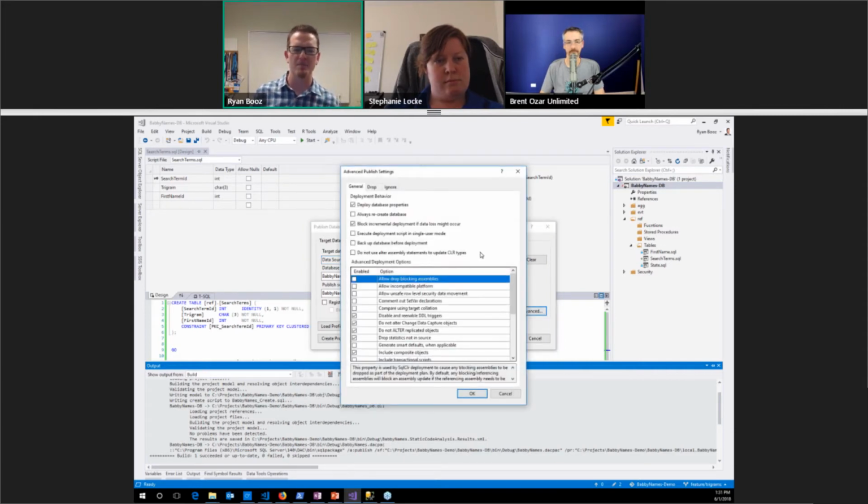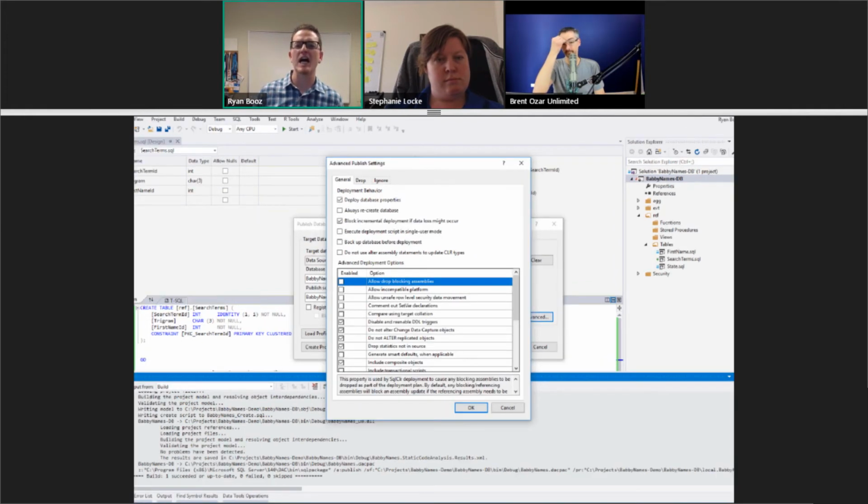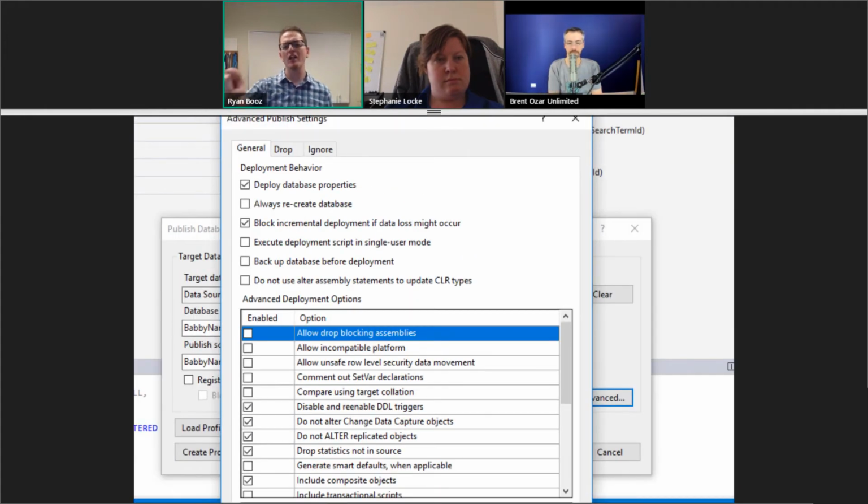Now, because of time, there are probably 150 settings in here. There's a lot of settings in here. Every one of these checkboxes, you can actually pass in as a parameter to the SQL package. So you could literally string along 150 plus arguments to SQL package if you want. So that's what this is doing. This is giving you an upfront way to set all those parameters up front.